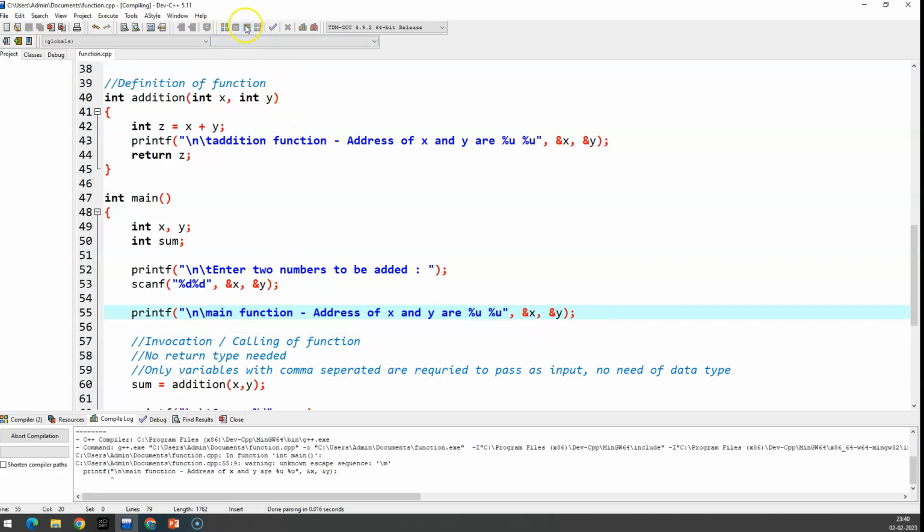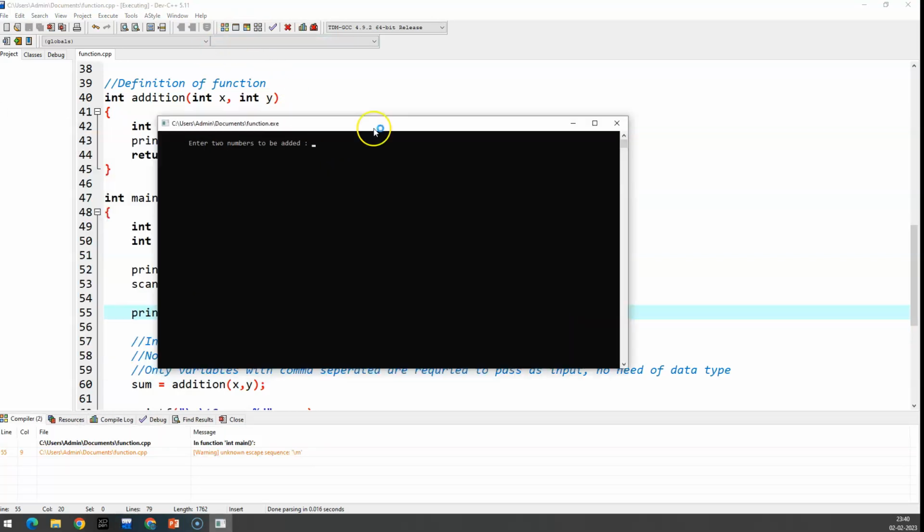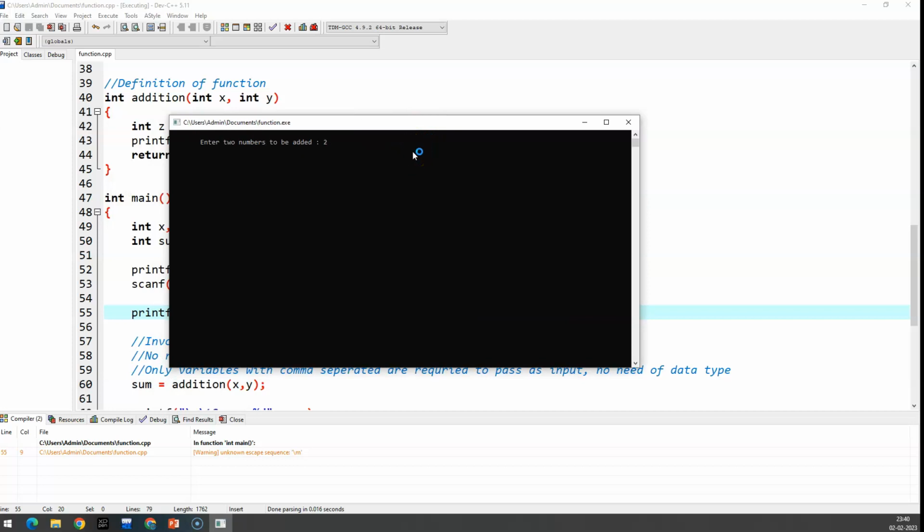So when we now run this, it will again ask for the two numbers, let's say 2 and 5. So the addition will be what? 7. See, so in the main function the address of x is what? 6487576, but in the addition function the address of x is what? 6487536. Similarly, in the main function the address of y is 6487572, and here 6487544. So remember,